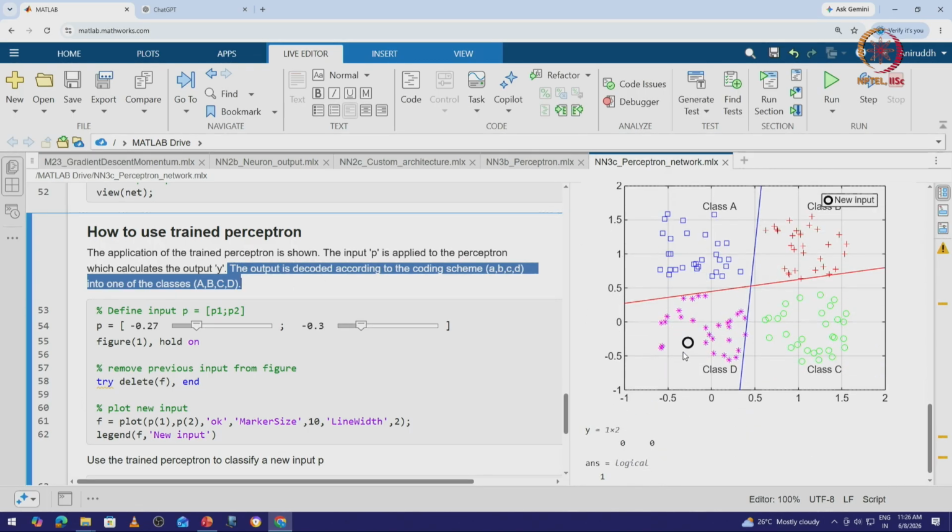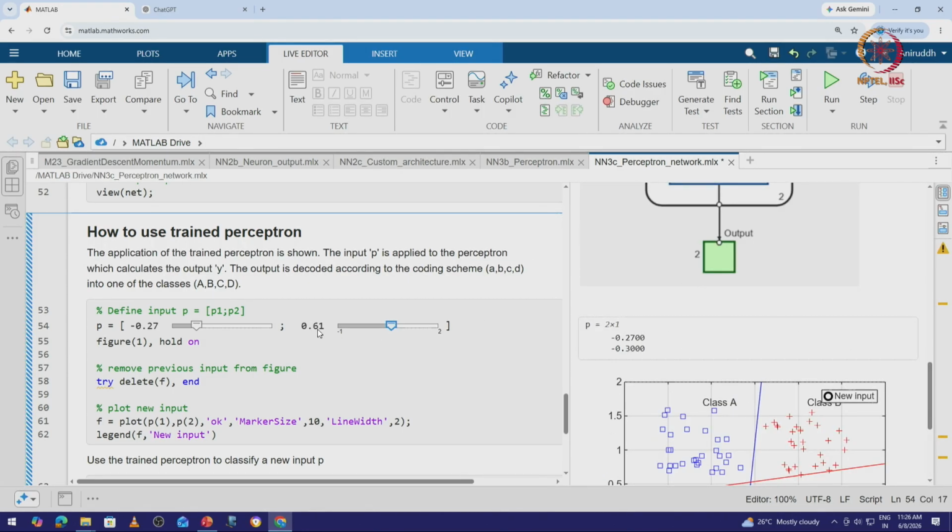So, as observed here, the value of p is minus 0.27 and minus 0.3. We can plot it in this particular part of the curve, and if we do that, we can identify which class it would be, right, and this is a dynamic process. So, if I keep the value of p2 as 0.61,